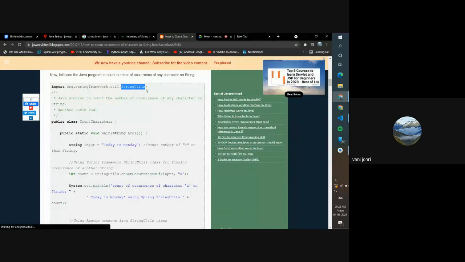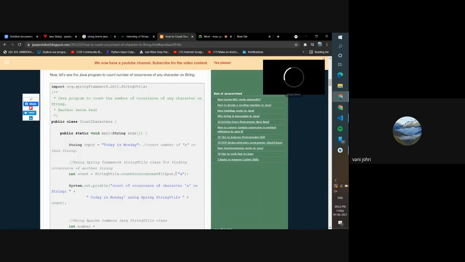How you would import Scanner, you will write java.util.Scanner and then use Scanner dot something in the program. Same way they're using StringUtils dot countOccurrencesOf. So this StringUtils has a method in it which is countOccurrencesOf, and this is the way you give input, A. All right, so what's the input? It's A. And if you're like, oh, how do we know we write it this way? It is supposed to be like that.